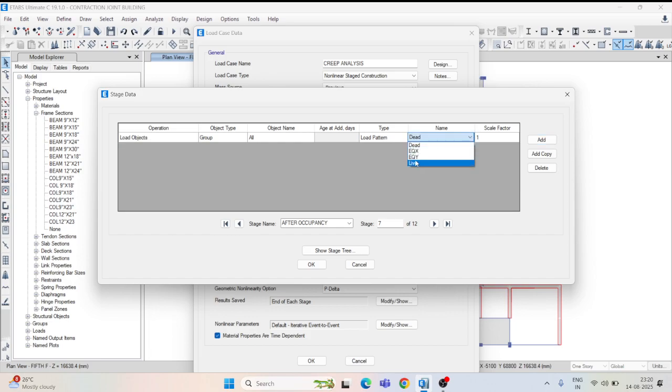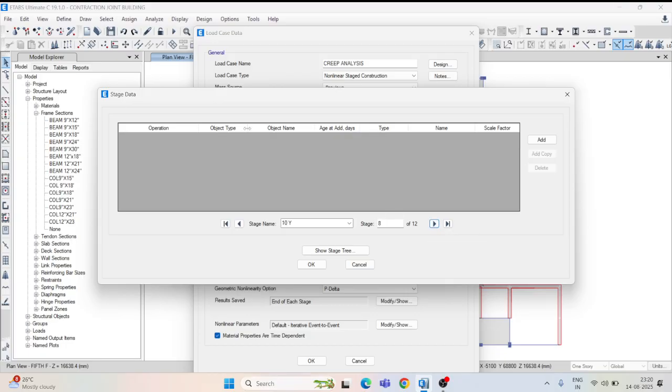we go for the live load, meaning we generally assume that after occupancy only 25% live load will be there, so we check 0.25 only, okay. And then after that nothing will be there, it should be blank, because at 30 years, 40 years, 50 years there is no deflection at all, okay.